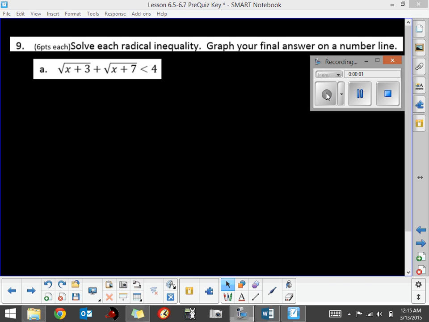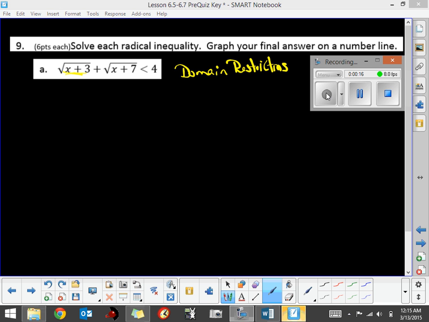When you solve radical inequalities, remember you've got to consider a few more things here. The first step I would make sure that you do, so you don't forget it, is look at your domain restrictions. Okay, so we want to take our radicands, those things underneath, and make sure that they are non-negative, which means